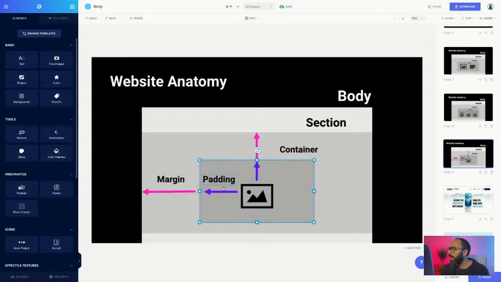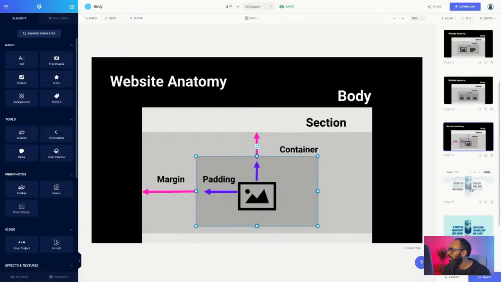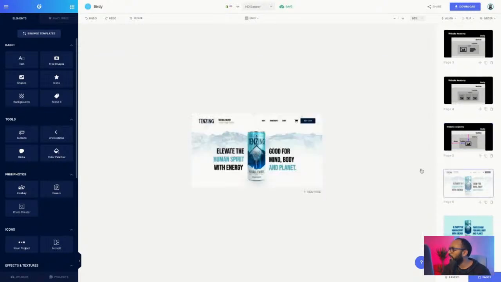And as you increase padding, then whatever's inside the container starts to have more and more breathing room, right? And if you decrease padding, it starts to open up, as you can see over here. If you increase padding, it starts to go like that, right? Similarly, if you decrease margin, it'll go like this. But if you increase margin, it goes like that, right? So that is your basic anatomy for a website. Now, with that being said, we can go ahead and start